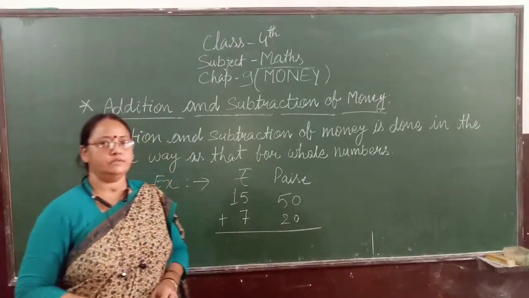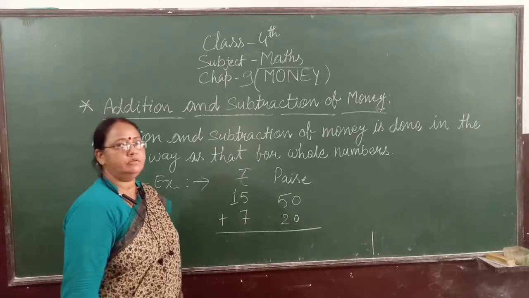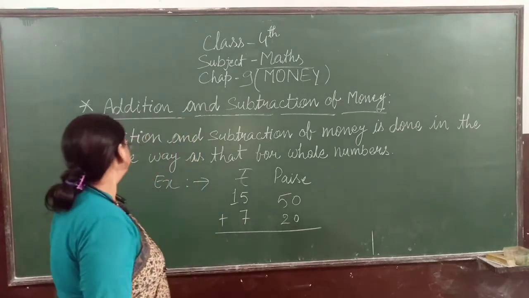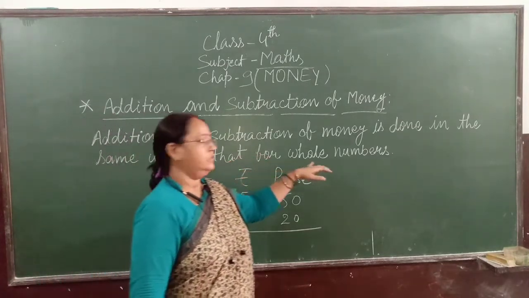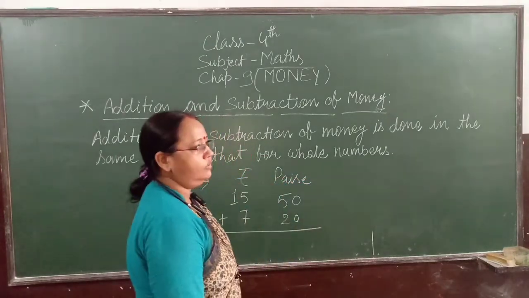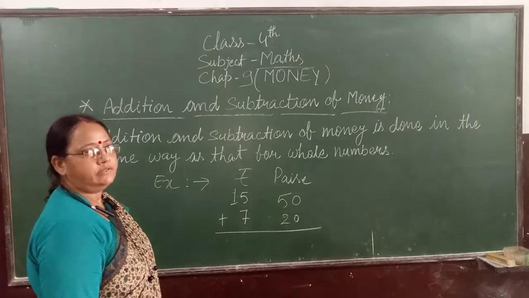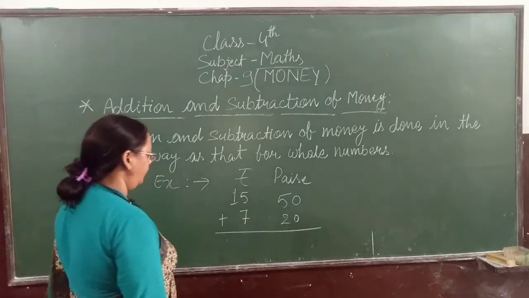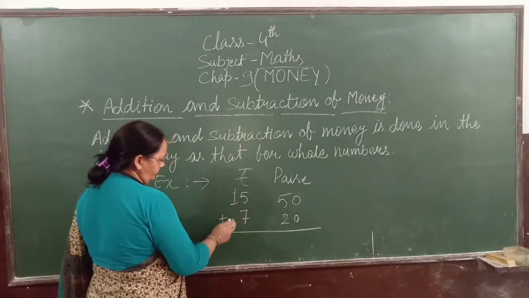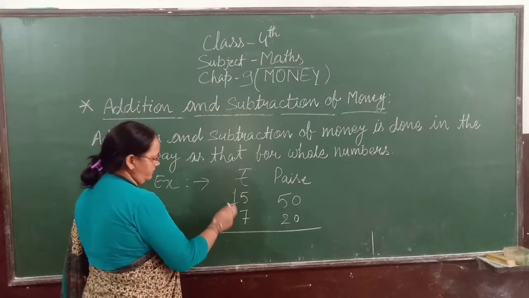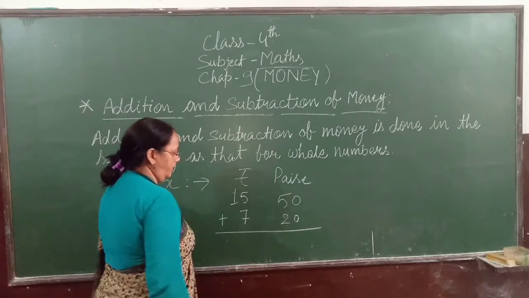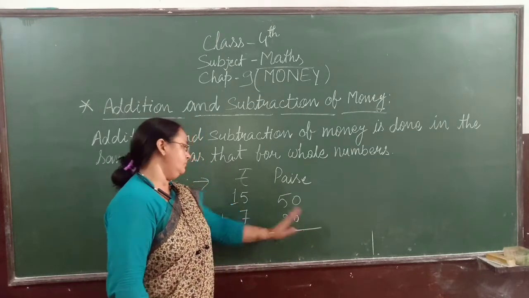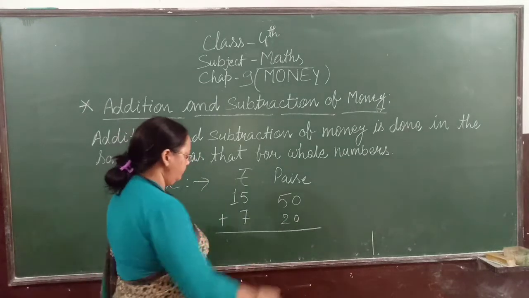And now students, addition and subtraction of money. Addition and subtraction of money is done in the same way as we do it for the whole number. जैसे whole number के addition और subtraction हम लोग करते थे, वैसे ही रुपीज एंड पैसे के भी एडिशन एंड सब्ट्रैक्शन किए जाएंगे. Like example, देखिए, this is your rupees, we have to add rupees with the rupees and paise with the paise. यहाँ पे अगर 100 से ज्यादा अमाउंट आ जाता है तो फिर उसे हम रुपीज की ओर ट्रांसफर कर देंगे, but यहाँ पे ऐसा example नहीं है.